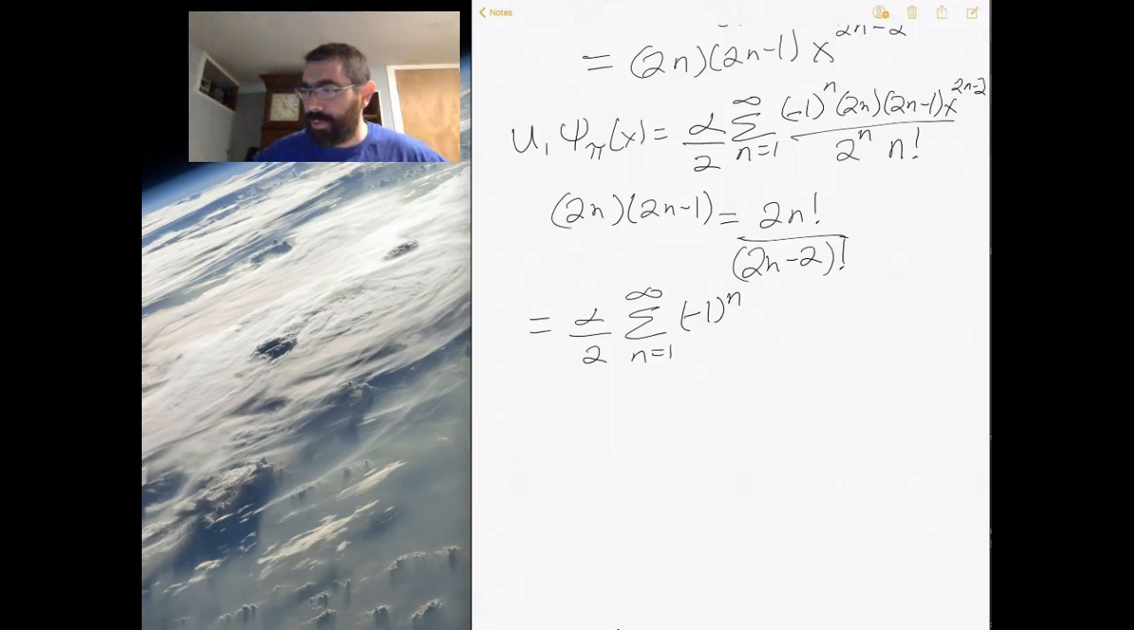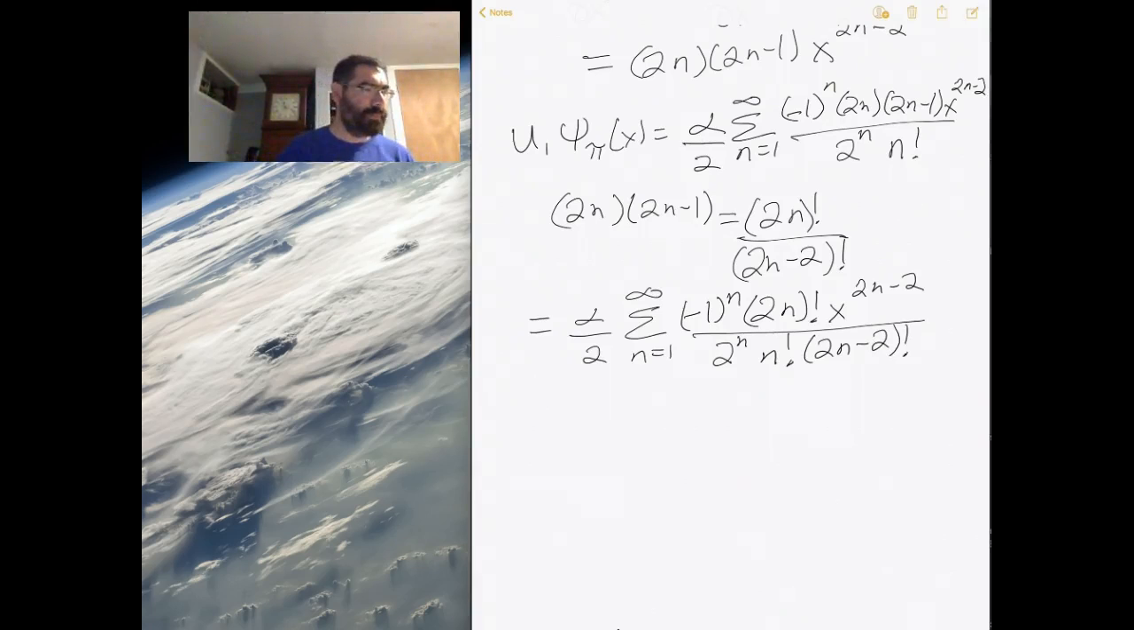Minus 1 to the n power, 2n quantity factorial, x to the 2n minus 2 power, divided by 2 to the n factorial, 2n minus 2 factorial. Okay, so now what I want to do is clean this up a little bit, because what